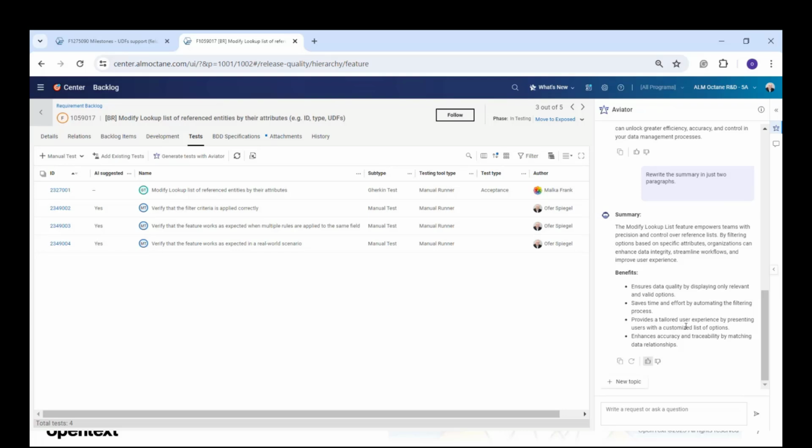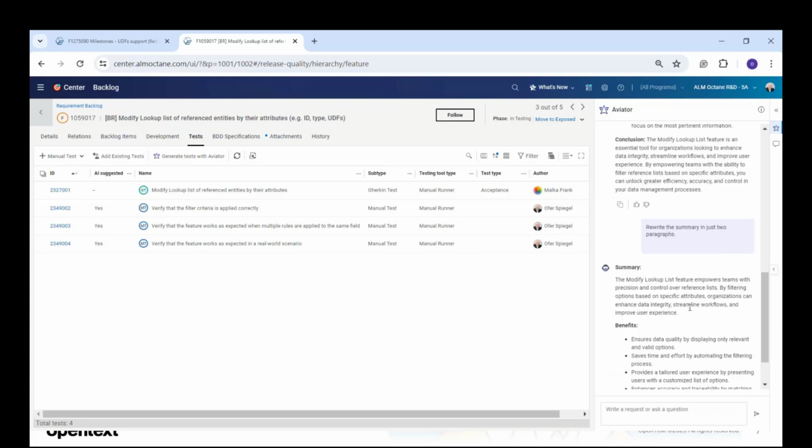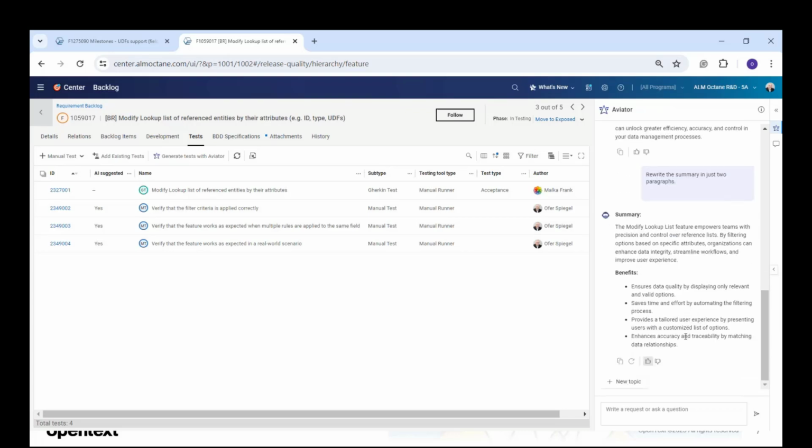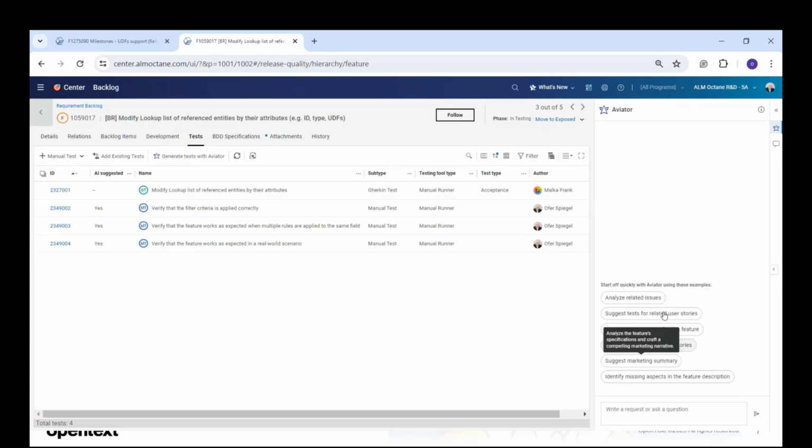For example, if we wrote something in the description and it wrote something completely different, or we had defects that mention additional information that were not incorporated as you would expect. So this is mainly the type of feedback that we would like to have. And we can start a new topic and then write something ourselves, or again keep using the chips. For example,